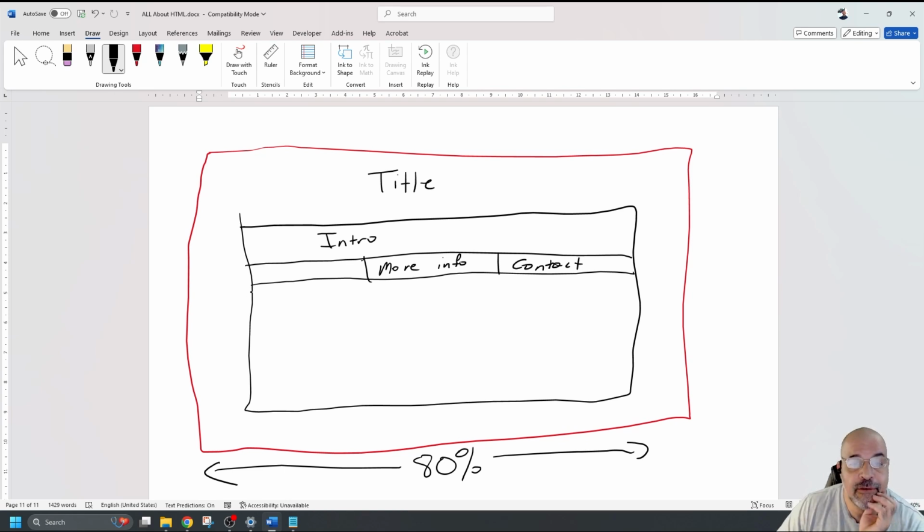I'm going to have here, for example, contact, more info, and I'm just going to put here resources. So the idea is you'll be able to click on these and it will take you to resources. It will take you to more info about AI. And this one will give you a page about contacting me. Underneath that, I'm going to have